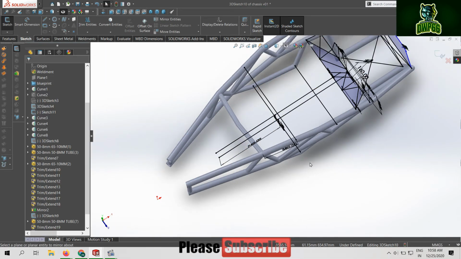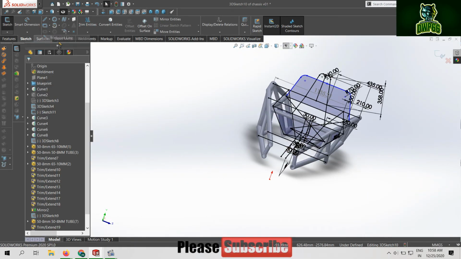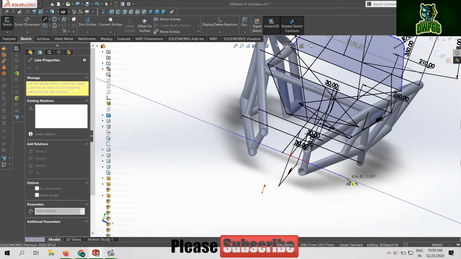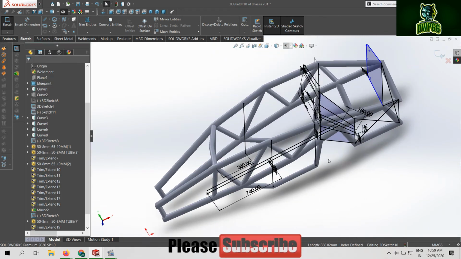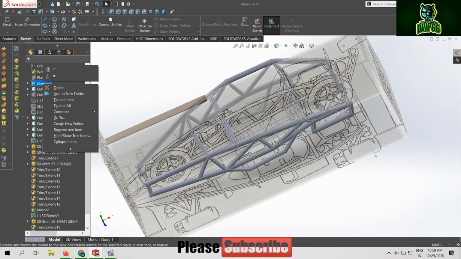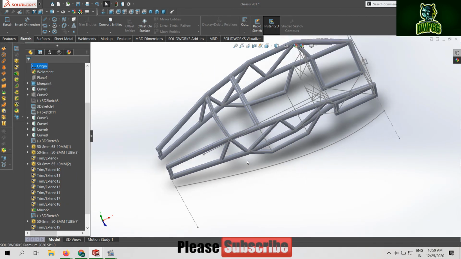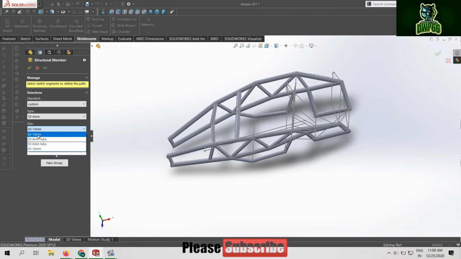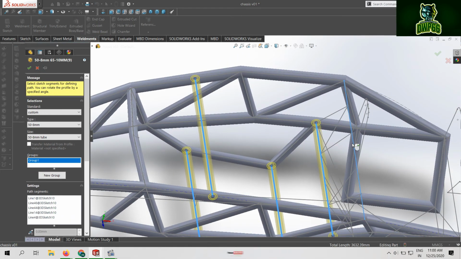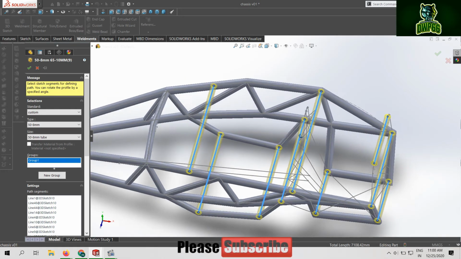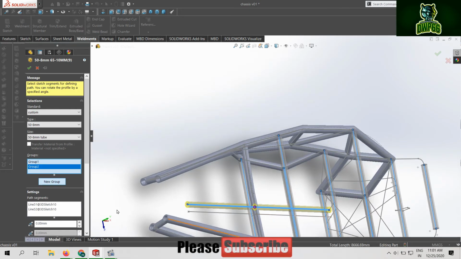Slowly, we will build this entire car. And we will be required to do a lot of tuning, especially while performing the trim operation. And again, I will say it's worth doing so. When you get used to it, you can do it at your own pace. Keep practicing. In the first attempt, you will face some difficulty. But again, if you are enjoying what you are doing, then nothing matters.